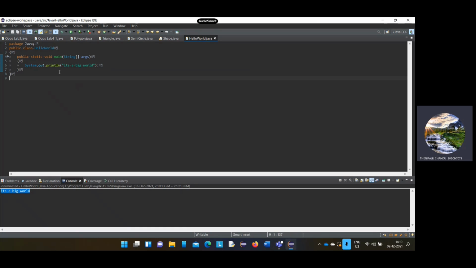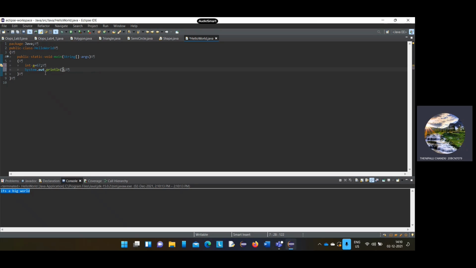Okay guys, now I will tell you how to initialize the values. Let's see. I want to initialize the values 67 and 57. See here, int a equals 67. I have initialized the value 67. Now I want to print that value.